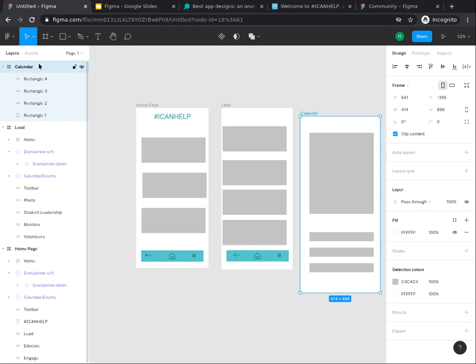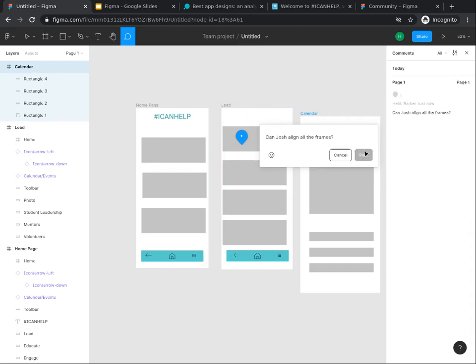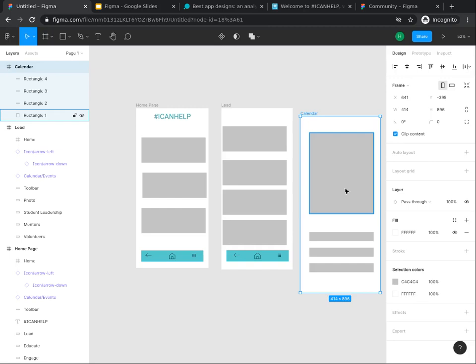Do you remember way back in task 1 we looked at the toolbar on the Figma screen? There's a speech bubble on the top of the toolbar. If I were working on this project with a team, I would feel like I had made a pretty good start to the frame, but before going further, I might want to check in with the team. Do you remember that other team members can be working on this project the same time as you are? You can work and chat in real time.